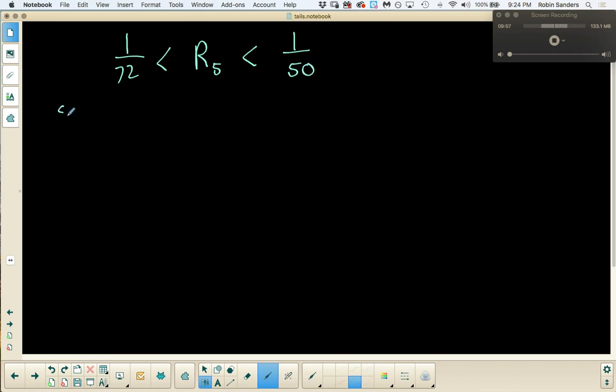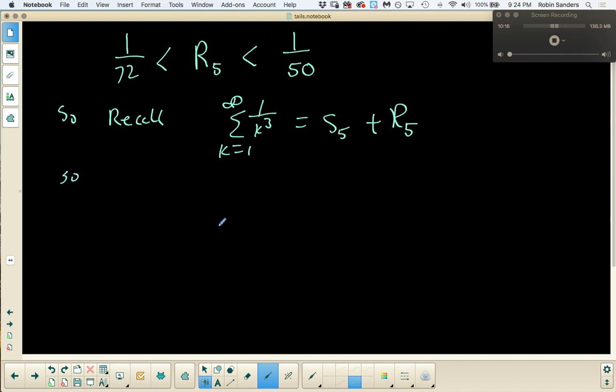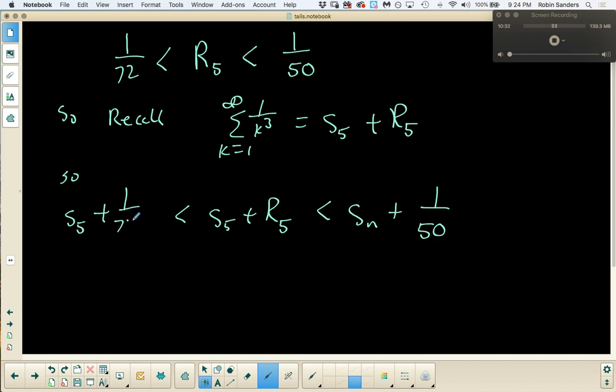So what this says is that the infinite series itself, let's recall, is S5 plus R5. And so what we have is S5 plus R5 is going to be smaller than S5 plus 1 over 50, and it's going to be bigger than S5 plus 1 over 72. And remember, let's put this in a different color, that S5 wound up being